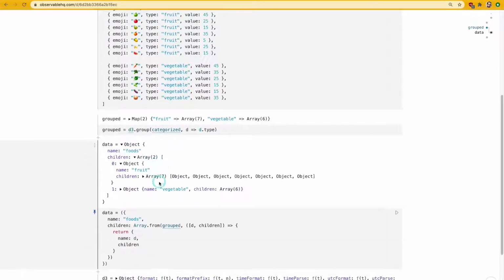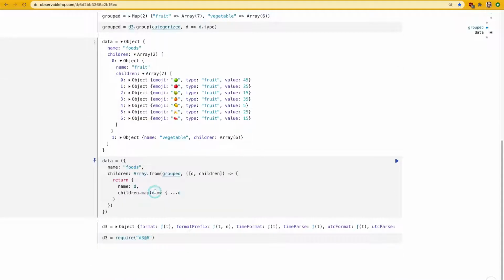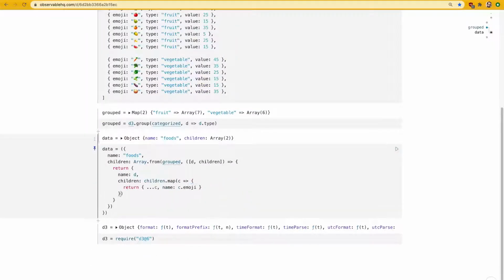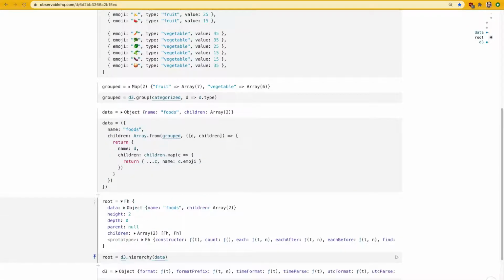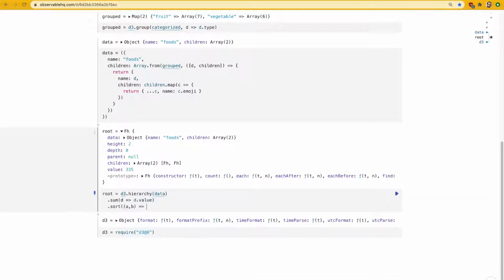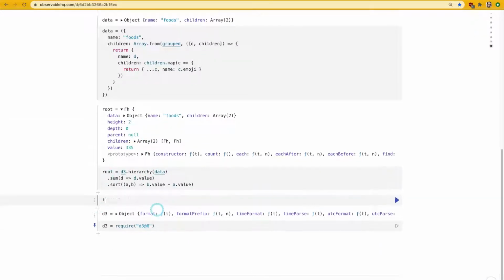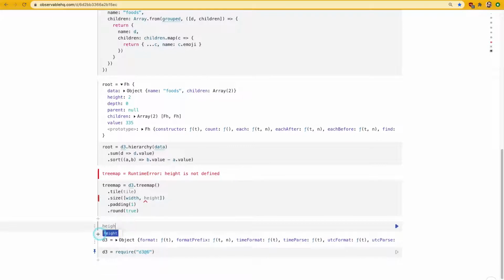Each level has a name and children, if any, and at the very bottom level, each child should have a value. These elements can be passed into the D3 hierarchy method, which can then be told how to sum up those values at the bottom and add them up to higher levels. That hierarchy can be passed into the Treemap method, which is what we're going to use to lay out the